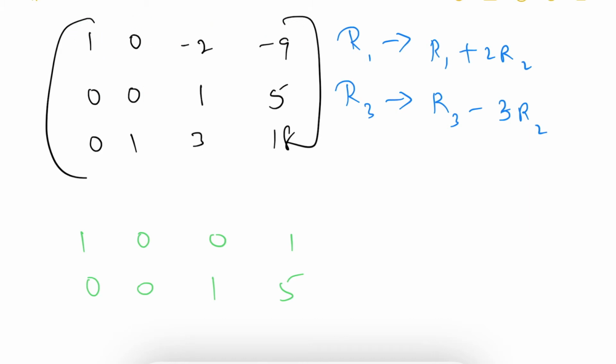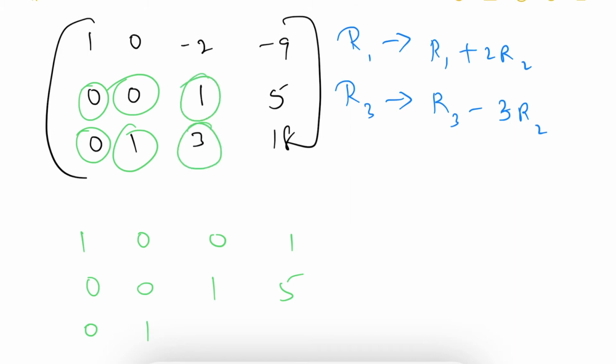Next, if we try to change row 3, we have R3 minus 3R2, so 0, anything if we do also 0 only. Next, 1 minus 0, again 1 only. And next comes 3 minus 3, it will become 0. 18 minus 5 3s are 15, 18 minus 15, 3 it will become.